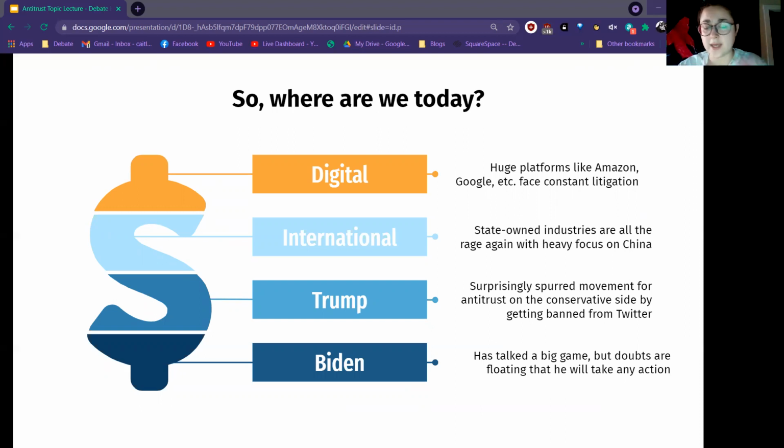There are huge platforms like Amazon and Google and Microsoft and all these other corporations who have functional monopolies over the market and face constant litigation, yet seem to always skate by with either slaps on the wrist or not really any enforcement at all. And while these cases are still ongoing, there's a lot of litigation occurring. I think it's going to be relevant to keep up and understand how these cases are going to play out, because I think it will speak a lot to what we can expect from the Biden administration, as well as from future administrations, as well as judicial decisions on antitrust law, and what the next evolution or next stage of antitrust will look like,